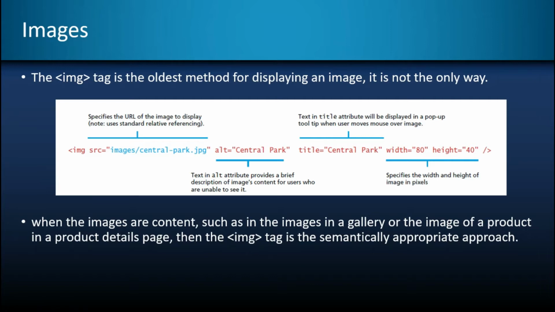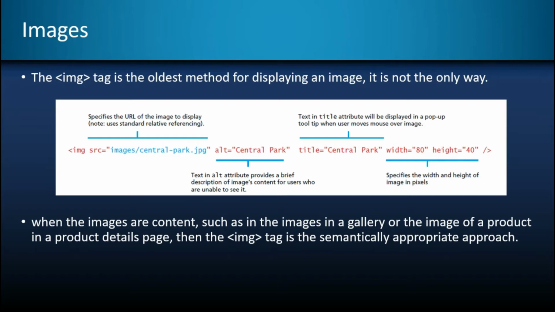Whenever you have patterns, designs, backgrounds or elements in the backgrounds, you can go for CSS if you want to set it as a background. If you want to display an image as content in your document, at that time we will go for the image tag. We can display an image using CSS as well as using the image tag. So when to use CSS? When you are setting a background, if it has a pattern or any kind of design, at that time we can use this CSS technique.